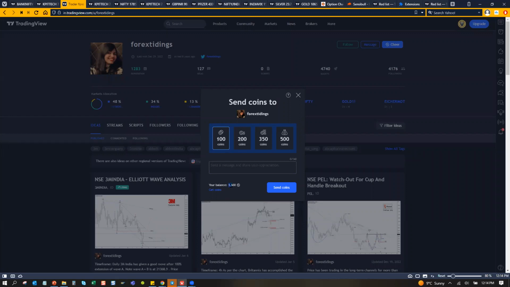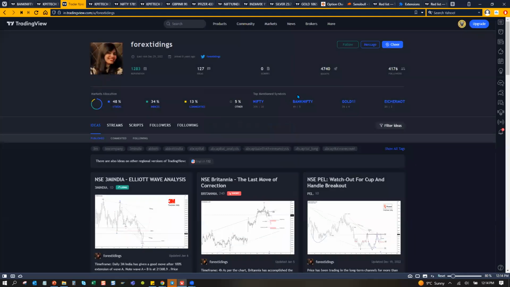I have 1600 balance of coins, so I can send this person some coins because I made profits. Just as a gesture of payback, I want to give some coins to him. Now this person can use these coins when he collects a particular number of coins from across the trading community. He can use these coins to get a Pro Plus or a premium version.